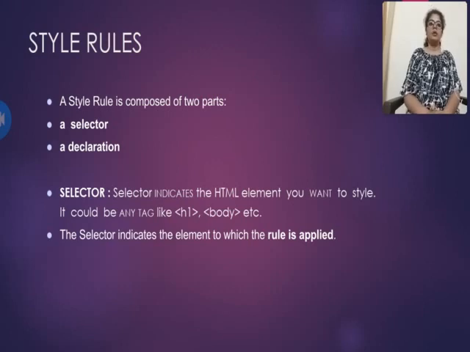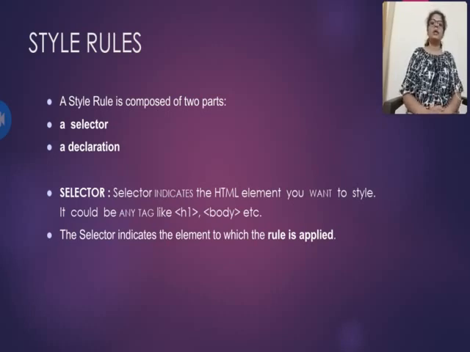For example, you have used a body tag in your HTML page. You people know why we use the body tag. It contains all the contents that display on the web page. So if you want to apply style to all the body content, you can choose the body tag as a selector. So selector is used to select the element, the tag, on which you have to apply the style. Selector can be H1, it can be body, it can be paragraph.